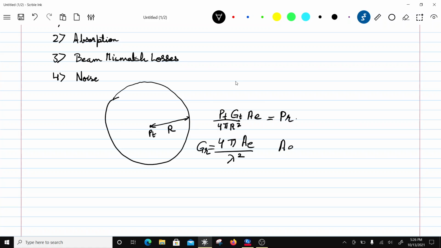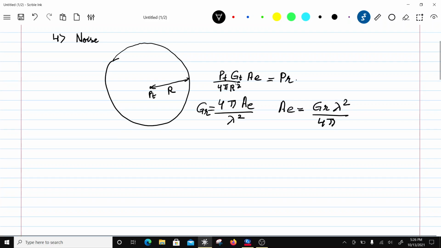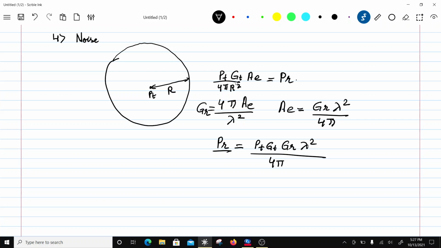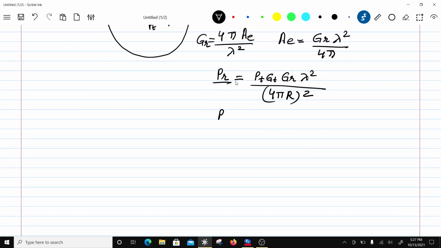So I can write the aperture to be Gr times lambda square divided by 4 pi, and if I substitute that in the above equation, I'll have PR equal to PT GT GR, and then there is going to be lambda square divided by (4 pi r) whole square. Okay, and if I look at the loss, it will be PR by PT, which will be equal to